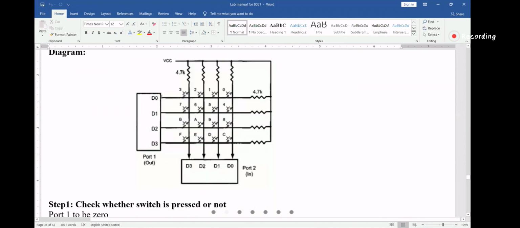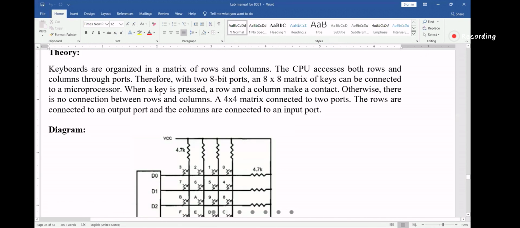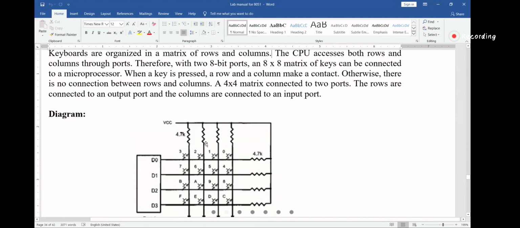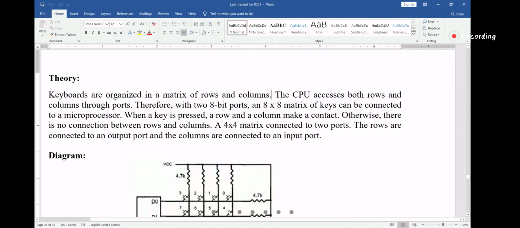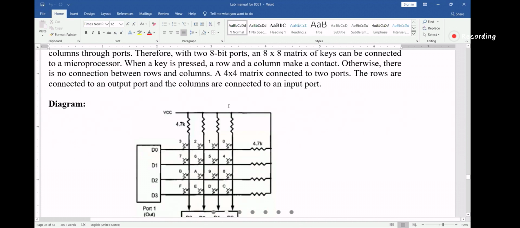When a key is pressed, we have to press something here, right? So some key is pressed. When a key is pressed, a row and column make a contact. Otherwise, there is no connection between rows and columns.